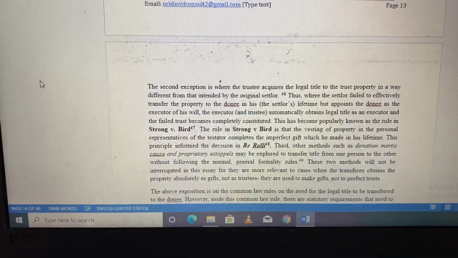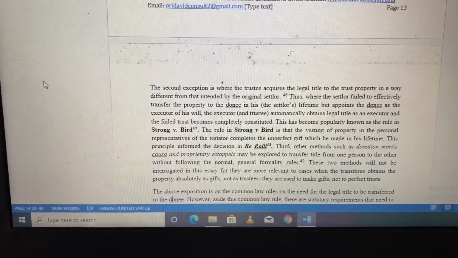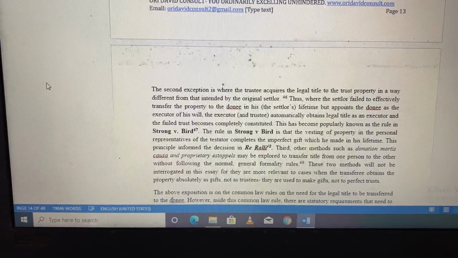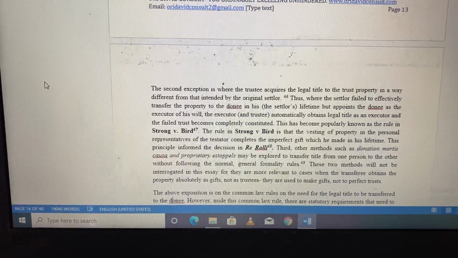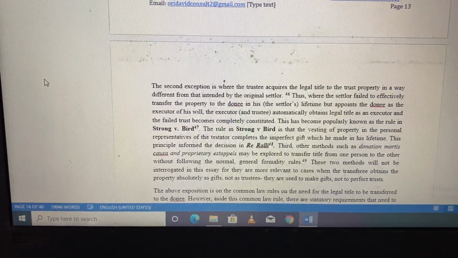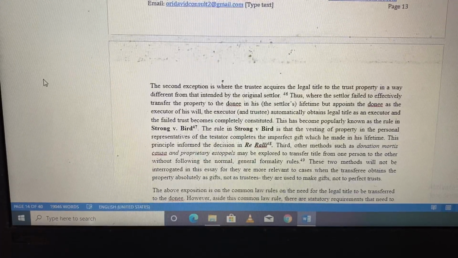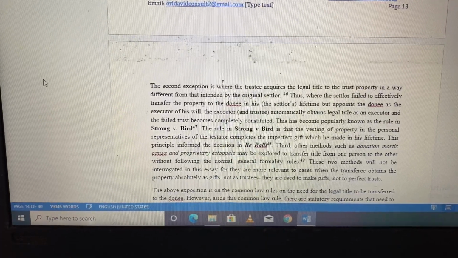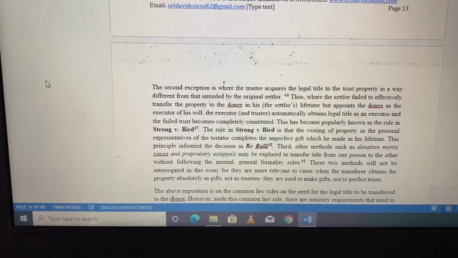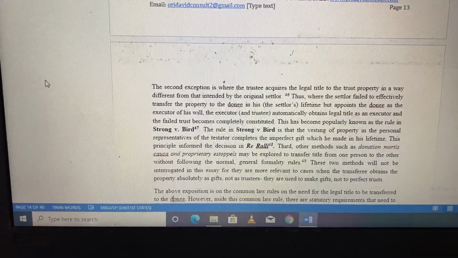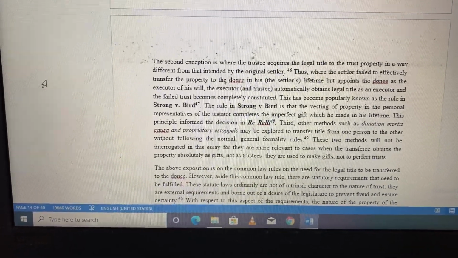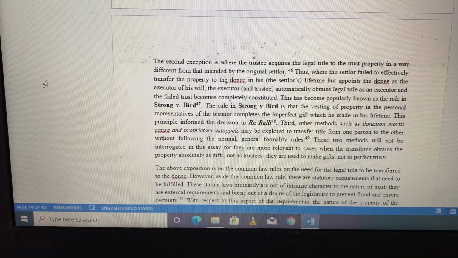Now, one further thing to pay attention to is that all this exposition and analysis is still centered on the common law rules on the need for the legal title to be transferred to the trustee. However, you have to appreciate that aside from this common law rule, there are statutory requirements that also need to be